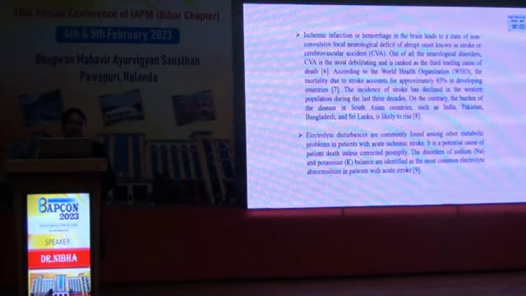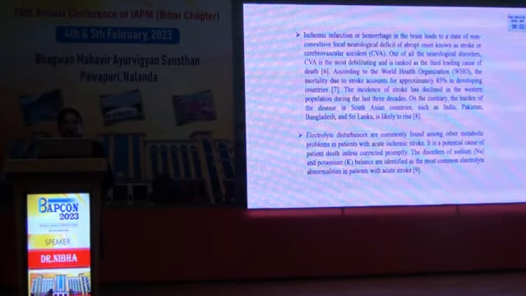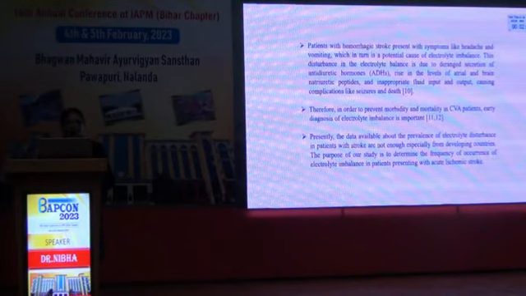Electrolyte disorders are commonly found among other metabolic problems in a patient with acute ischemic stroke. It is a potential cause of patient death unless corrected promptly. Disorders of sodium and potassium balance are identified as the most common electrolyte abnormality in a patient with acute stroke. Patients with hemorrhagic stroke present with symptoms like headache and vomiting, which in turn is a potential cause of